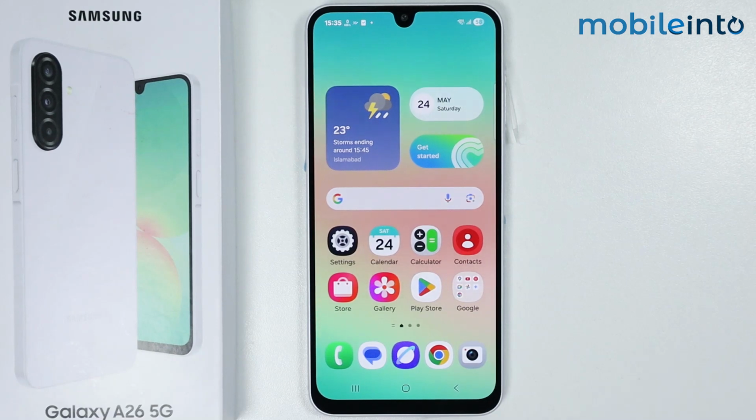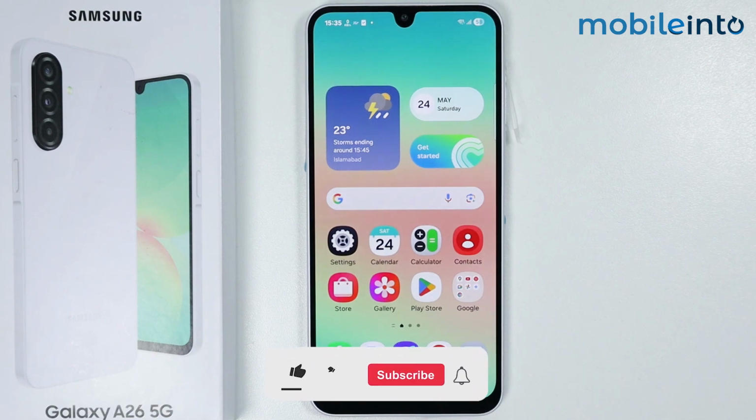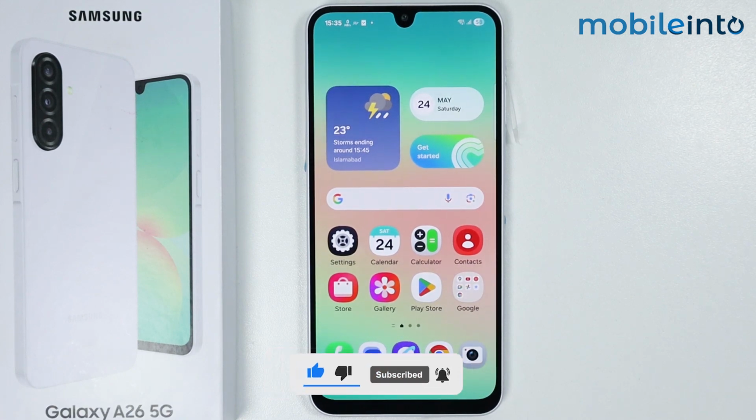Hey, what's up guys? So in this video, we will see how to download and install GCam on the Samsung Galaxy A26. Now, GCam does not work on the smartphone, but if you want to use GCam on the smartphone,